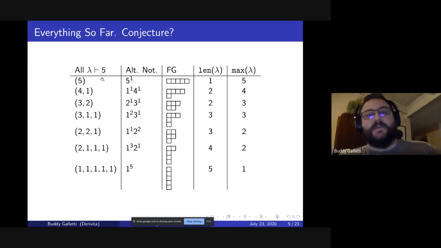So for the integer partition with just 5, we have one row of size 5. And the total length of the integer partition is 1 because there's only one row, and the max is 5 because the largest part is 5. And similarly, we have 4, 1. The first row is size 4, and then a part with size 1. And then we go 3, 2, 3, 1, 1, 2, 2, 1, 2, 1, 1, 1, and the one with